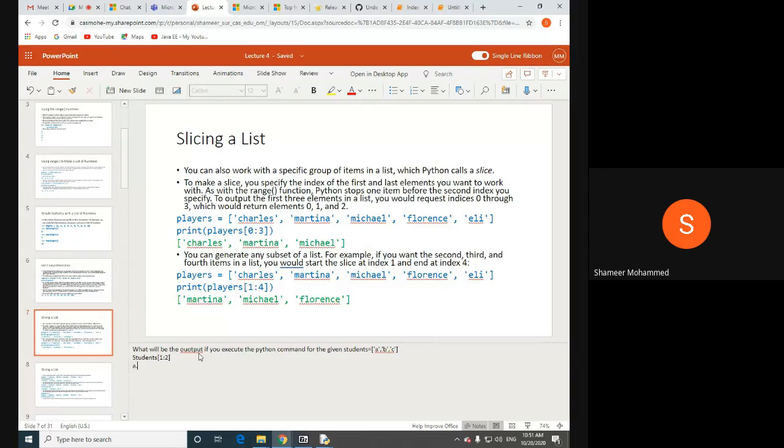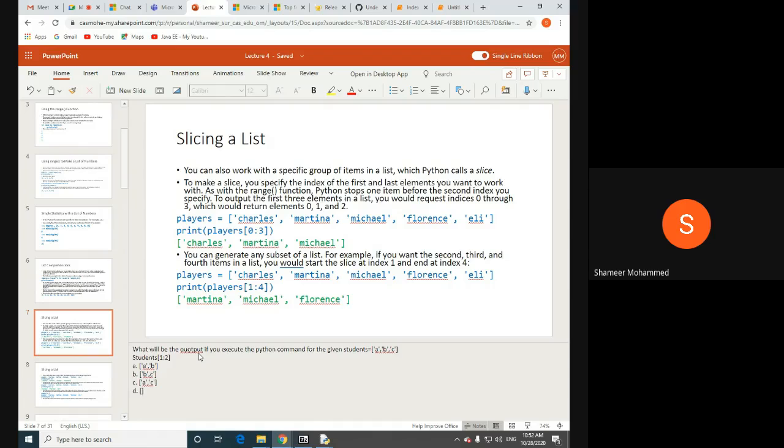So option A, what will be printed? A, comma B is printed, or it will print B, comma C, or it will print A, comma C,